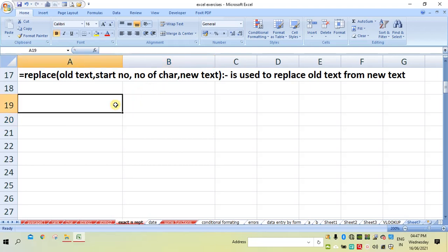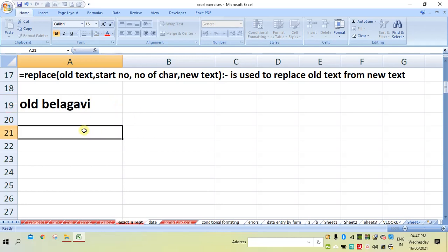Suppose the text is old Belagavi, in cell A19. Here in cell B19 I want new Belagavi. It means I want to place new in the place of old.